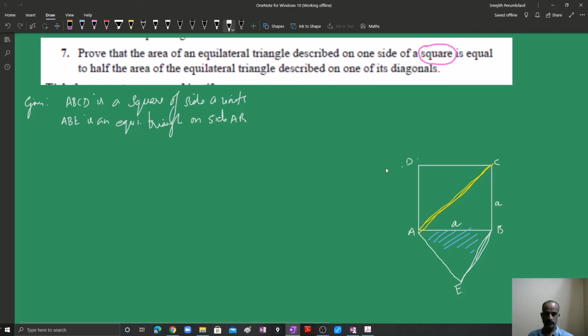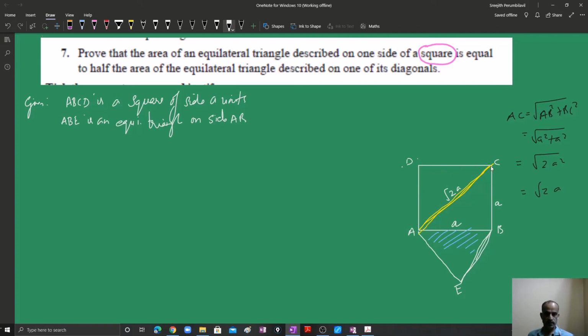Let us calculate. In the working column we can find that AC is equal to root of AB square plus BC square, that is root of A square plus A square, that is equal to root of 2A square, that is equal to root 2 times A. So if these two are A, then this is root 2 times A. That means it's considerably larger, around 1.4 times.